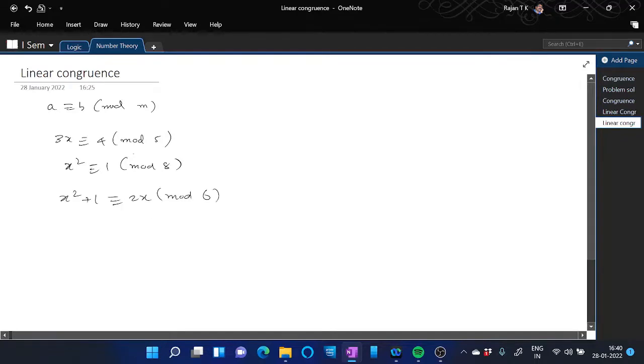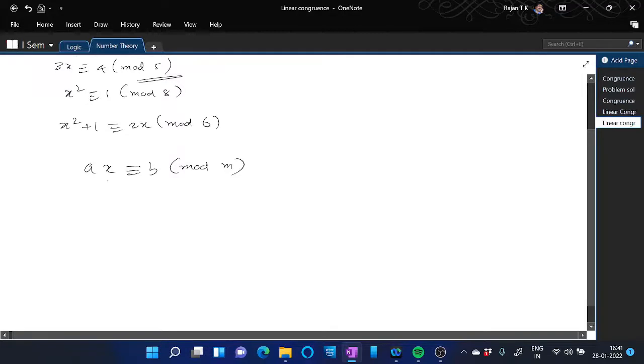And we are focusing on a particular type of congruence involving a variable, which involves a first degree variable. So a linear congruence is a congruence relation in the form ax congruent to b mod m. Now a solution to this ax congruent to b mod m means a value for x from Z, say x naught, such that a x naught is congruent to b mod m, if there exists such an x naught in Z